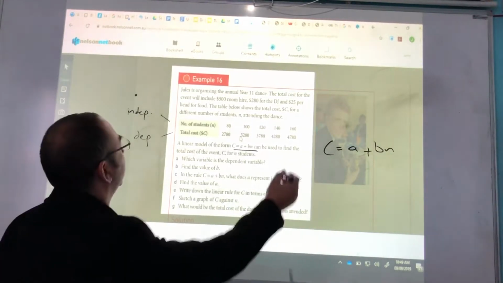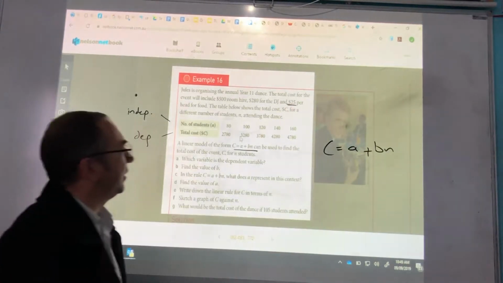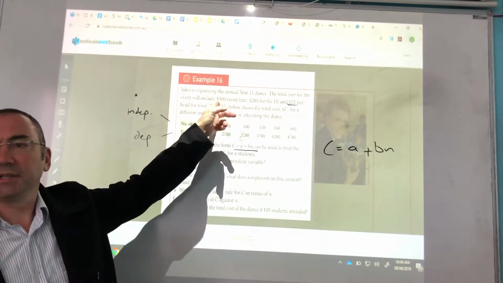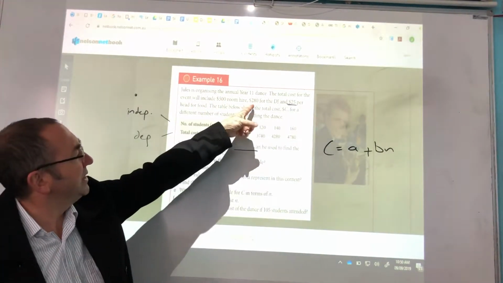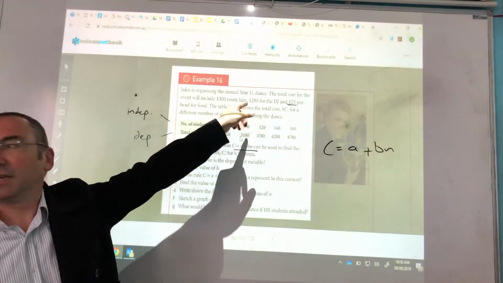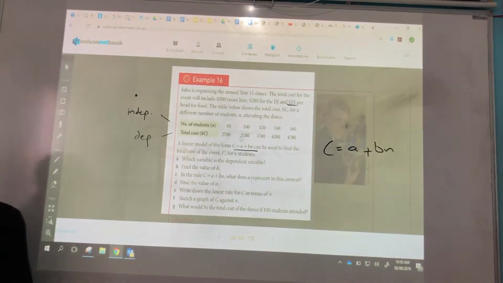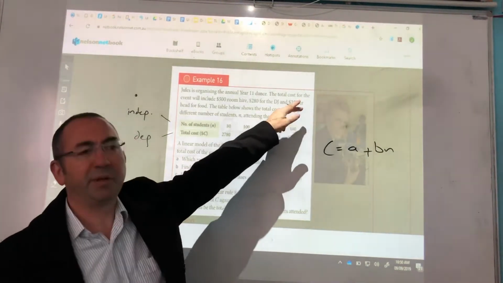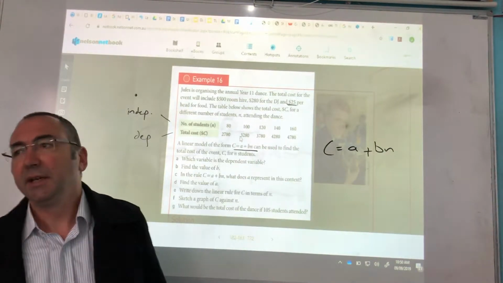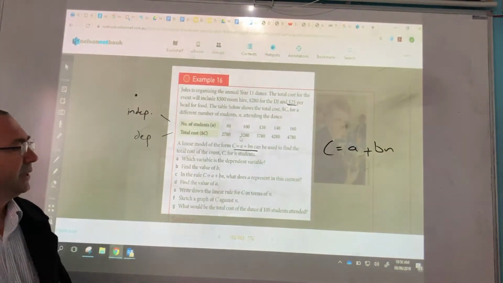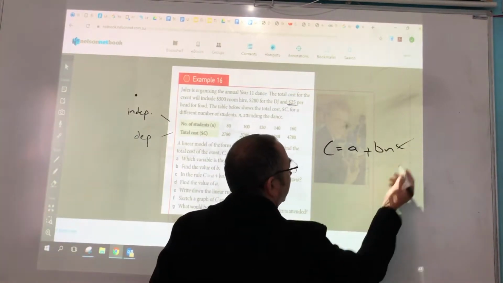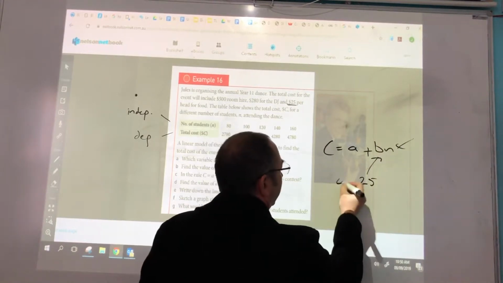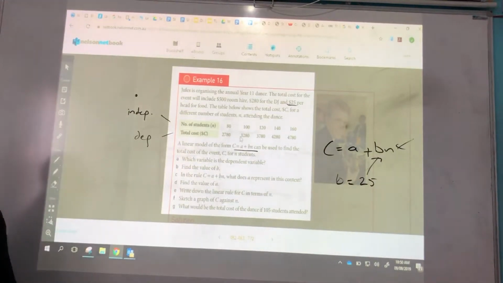Well, I'm going to tell you the answer is that it's the $25 per head for food. Doesn't matter how many people attend, the room hire is going to stay the same. Doesn't matter how many people attend, the cost for the DJ is going to stay the same, even if only one person turns up. But if only one person turns up, then food's only going to cost $25. Or if 100 people turn up, the food's going to cost $250. So the food cost changes depending on how many people turn up. So that B, therefore, must be the 25 that represents the variable cost depending on the number of people